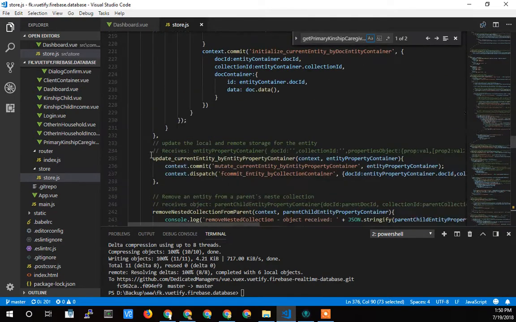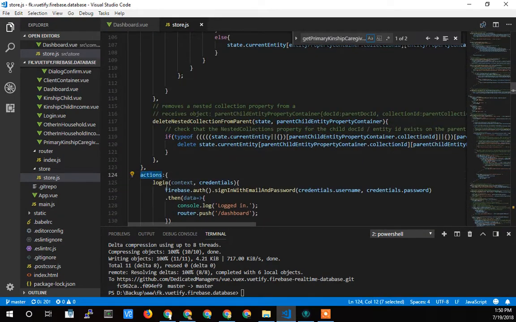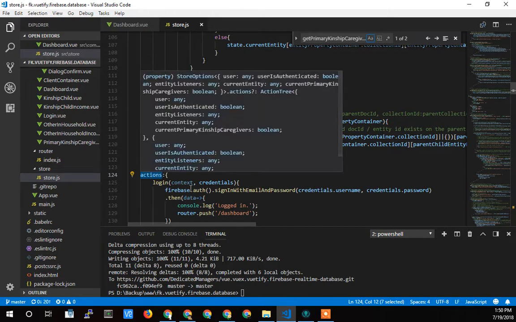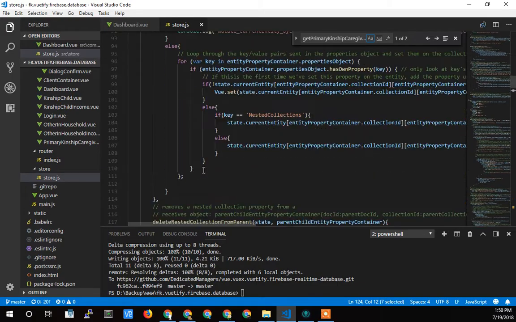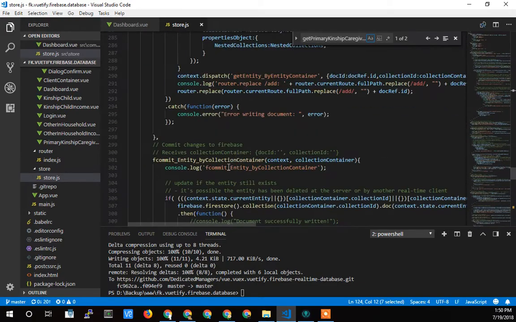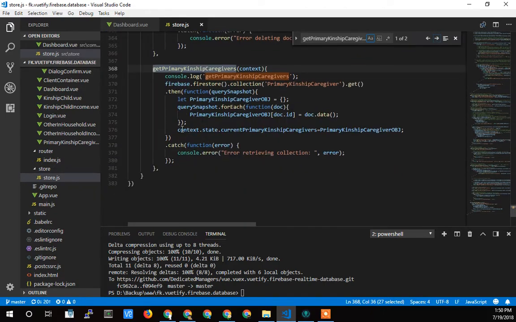Actions are asynchronous. Well, I've got a lot of code these days. I've got to start segmenting that out. But actions are asynchronous code, and you don't want to do mutations on your database. So technically, from here, I shouldn't be directly mutating it. I should be calling a